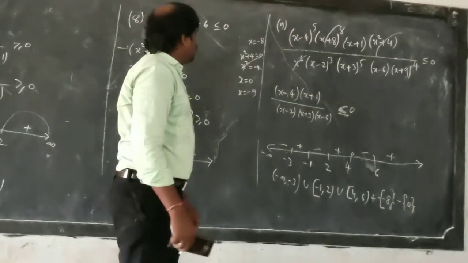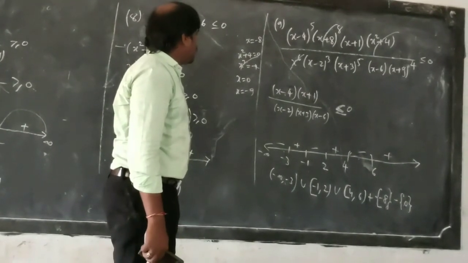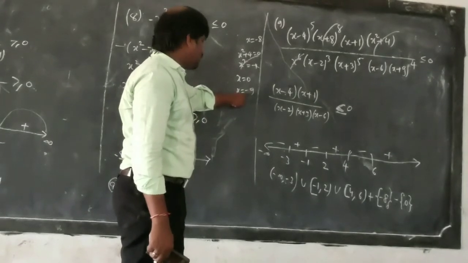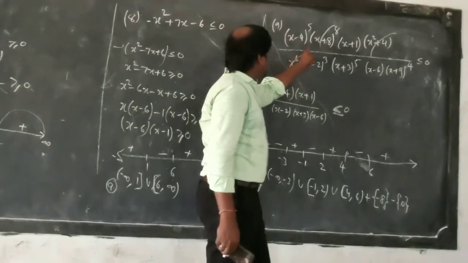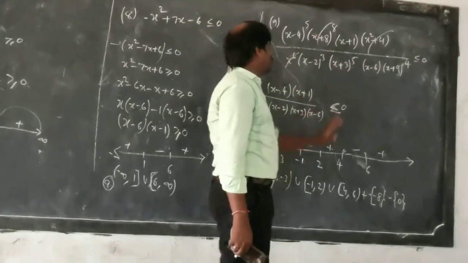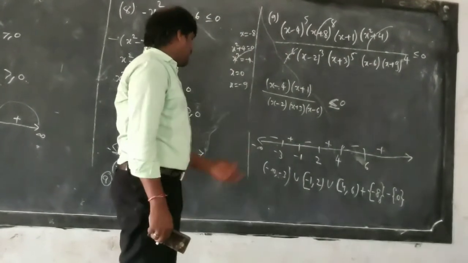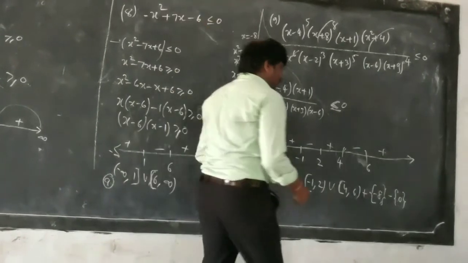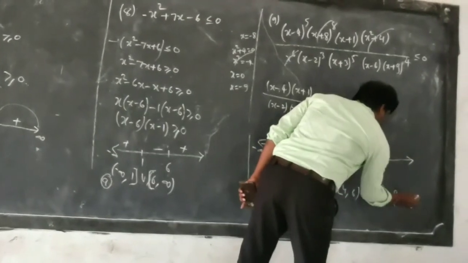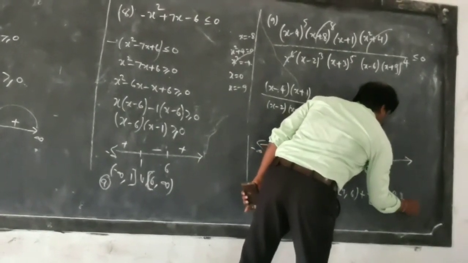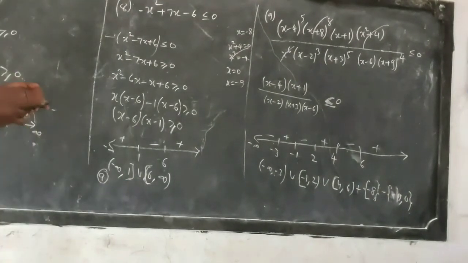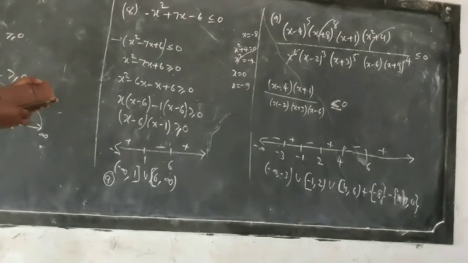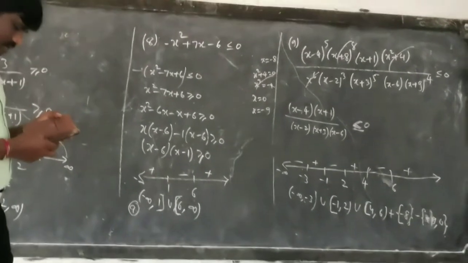Okay, then after that what you have, minus 9, right? You have here minus 9. Minus 9 is in the denominator, so it should not be in the answer. So minus 9 should be removed. So 0 comma minus 9, meaning minus 9 and 0, should be removed and minus 8 should be included. So according to that, what is the answer? Let us see which one is correct.